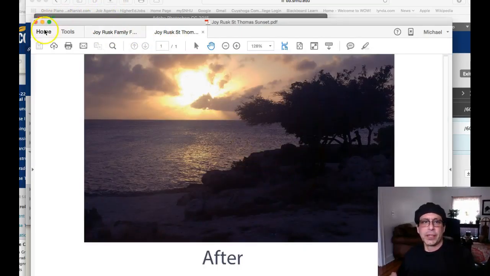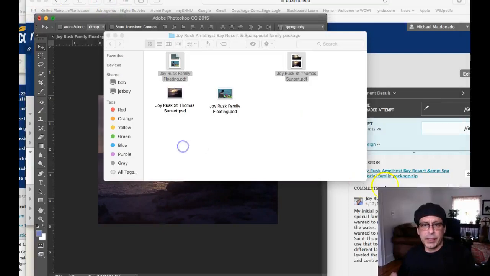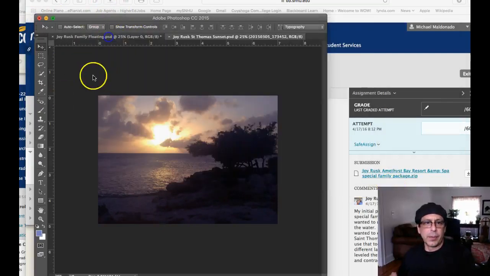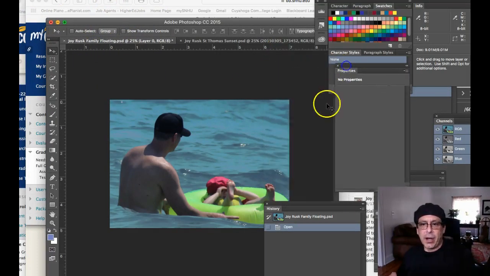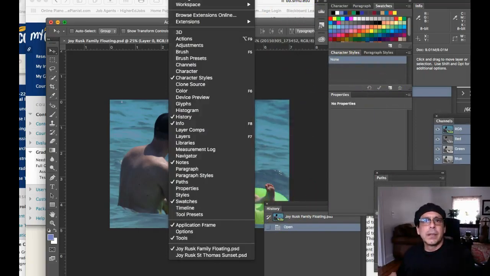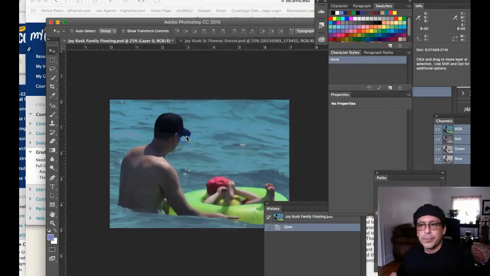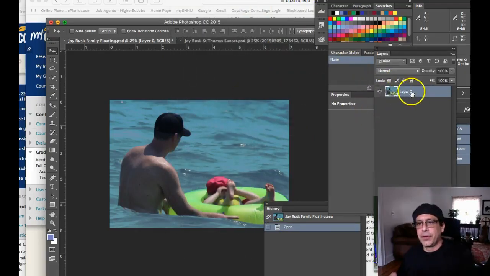Again, in this one, let's take a look at those Photoshop documents right now. And let's go right over here. In this one, it's just layer 0. There's no adjustment layers, or none of your work has been shown here. So you have not maintained editability in this file. That's a problem. I would need to see your adjustment layers in here,